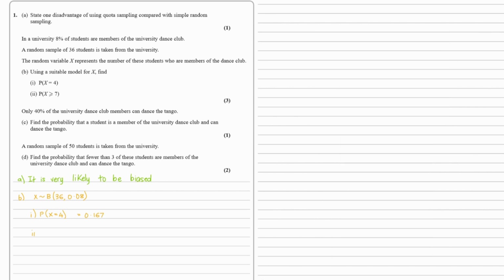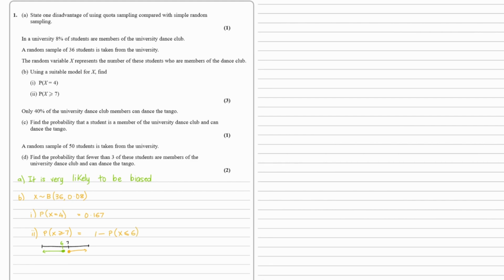For part 2, we need to find the probability that x is greater than or equal to 7. Because the binomial CD only calculates probabilities less than a certain value, and we're looking for the probability of x being 7 or more, we therefore have to find the probability of x being 6 or less and then subtract it from 1. So we are going to do 1, take away the probability of x being less than or